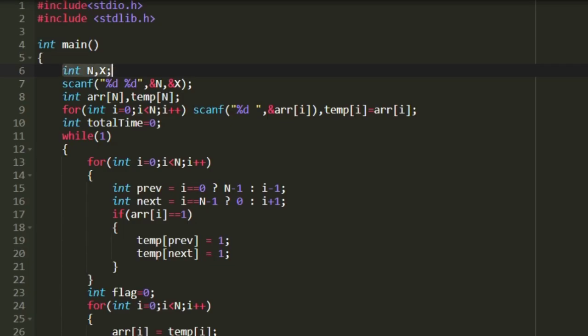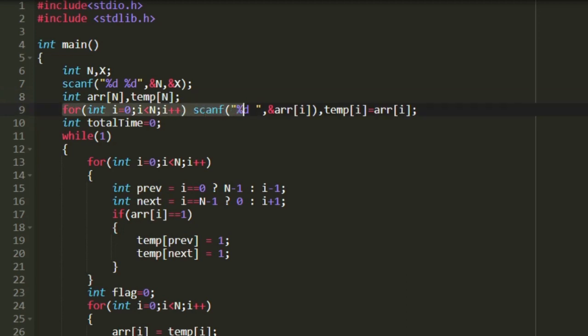So first I am creating two integers named n and x, and in the next line I am accepting the values of the integers n and x, and then I am creating two integer arrays named ARR and temp. So we will be storing our original array into ARR and we will be using the temporary array just for updating. So I am creating two arrays named ARR and temp, and then I am creating a for loop to